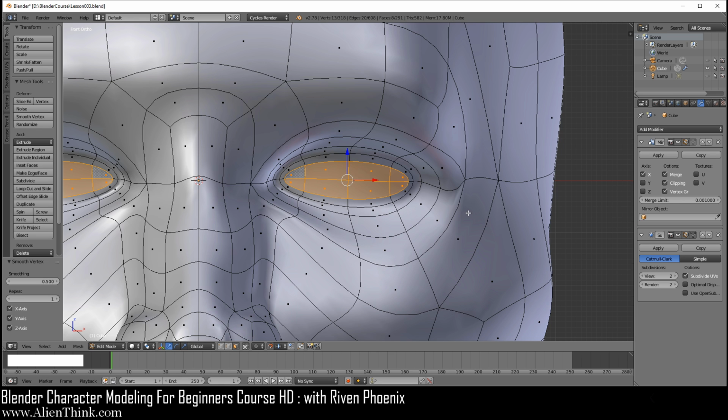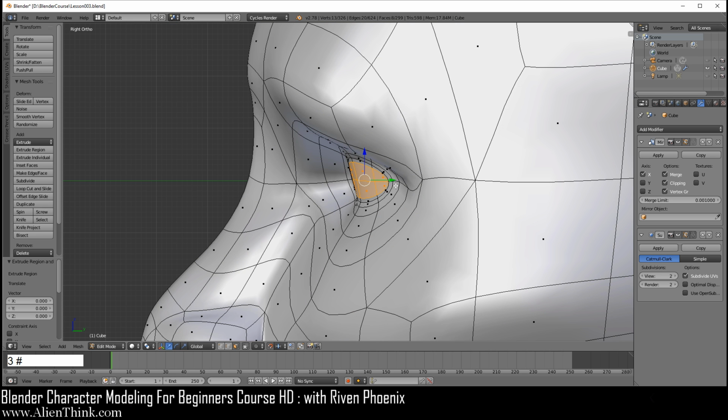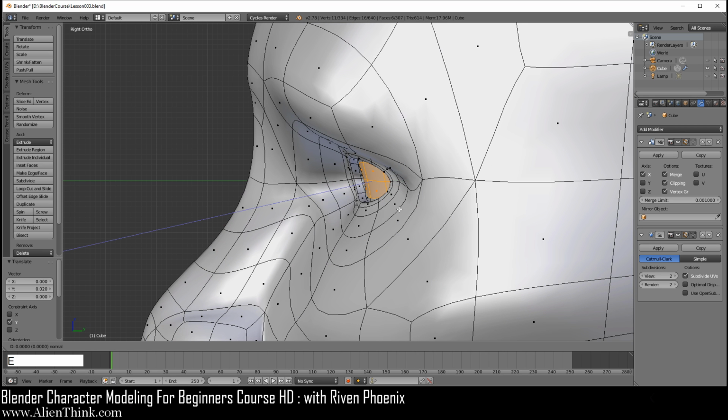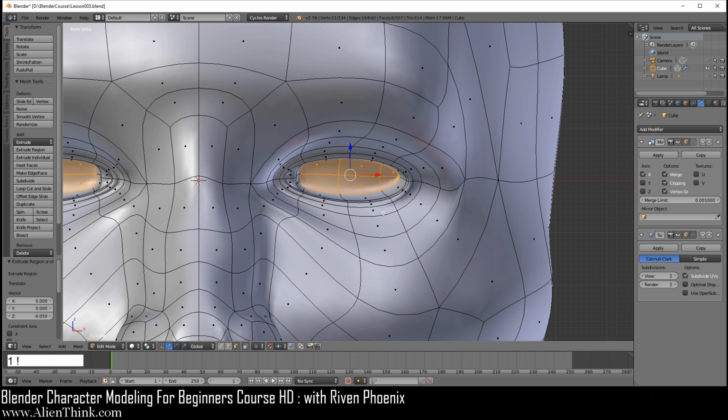So I'm going to do E to extrude over here, but we're not going to smooth it. We're just going to go to the right view. We're just going to go 1 and then 2 over here, and over here come like this. Press the Shift key down, click on this, then right view, then do E to extrude, then do 1, 2, 3, 4, and then 5. Just take it in, right?